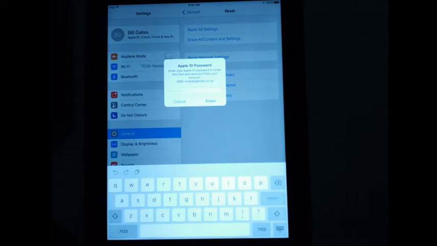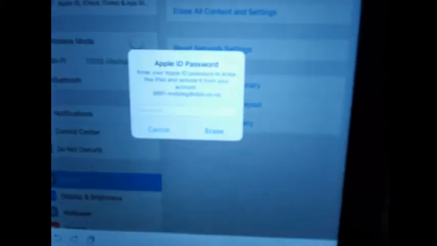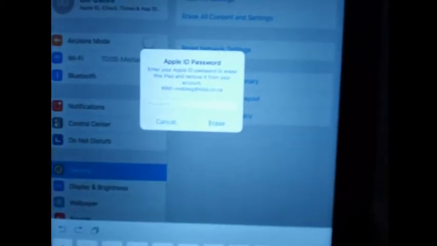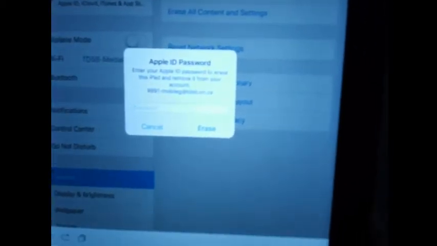Now, you need to type in the password to sign out, which, if you know what that is, great. But sometimes what happens is if you've had this iPad for a few years and you come across this and you go to sign out and you see an Apple ID that doesn't make sense to you.